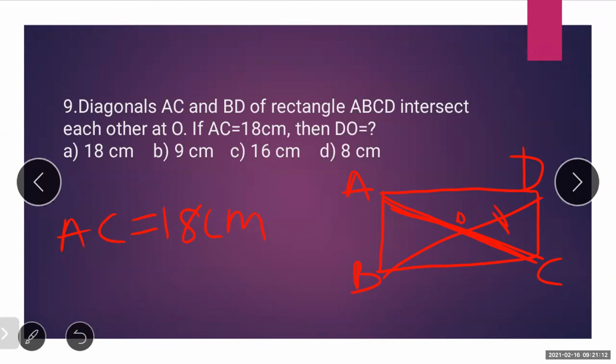Now if you recollect the property of a rectangle, the diagonals of a rectangle are congruent and they also bisect each other. They bisect each other means, if this AC is 18 centimeter, then AO and CO will be